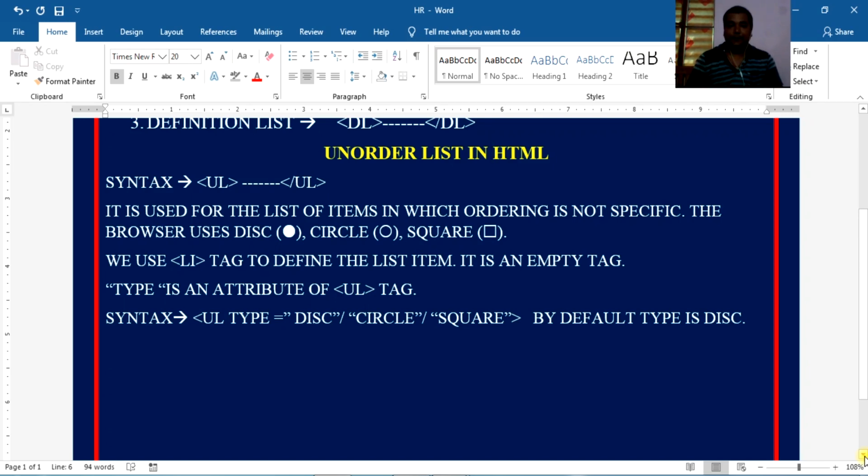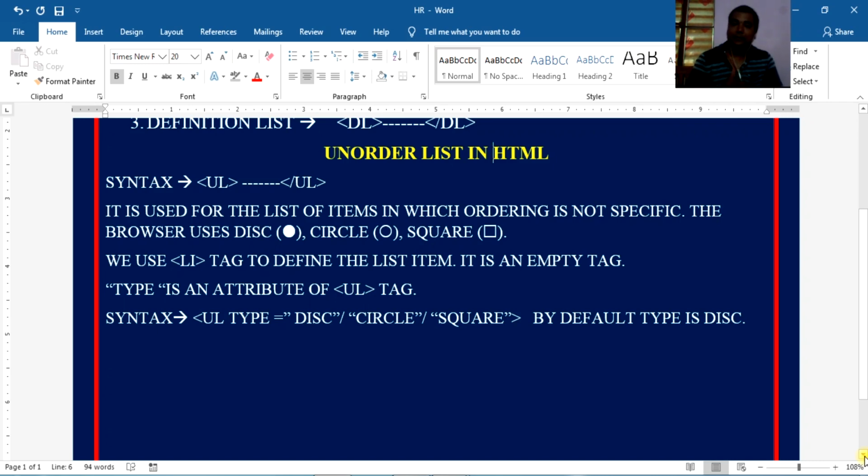Now if we talk about the attribute of the UL tag, that means unordered list, there is only one attribute, that is called type. The type is used to define the type of list you are going to create. Either the list will be displayed in bullets, that means disk, circles and squares.